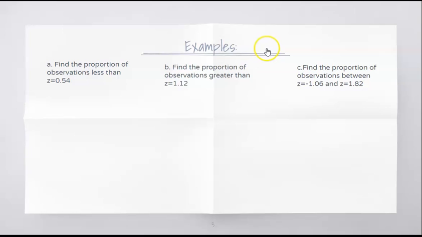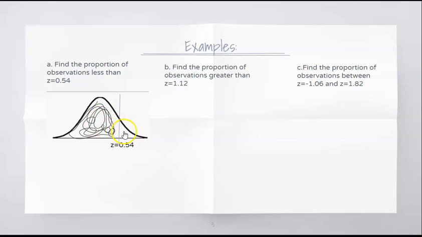Alright, so here's some example problems just to kind of get you familiar with this. Find the proportion of observations less than a z-score of 0.54. So I draw my normal distribution. Remember, the center is always 0, and 0.54 is positive, so it's above the center, so I would label some place above the center and label it 0.54. And the question says, find the proportion of observations less than that value. So I would shade my curve to the left, or less than,